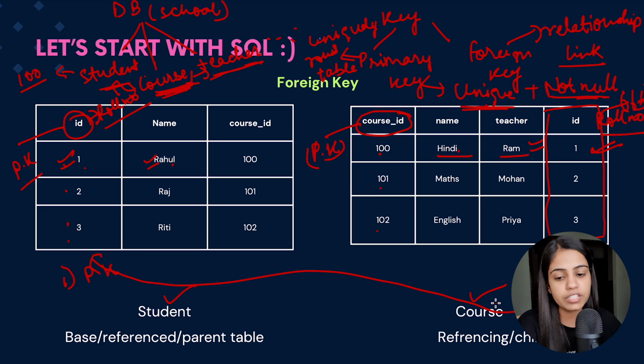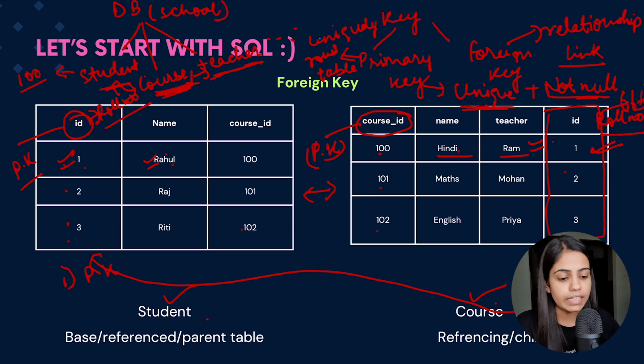So as of now, the course table is establishing a relationship with student. There is a key which is a primary key in another table. So this key is acting as a foreign key, because this key is helping me to map all the details present in the course table to the student table. So there is a relationship established between table T1 and T2, which are student and course.